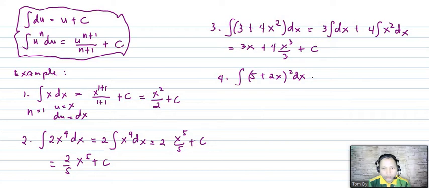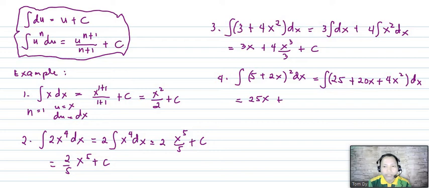That is equivalent to the integral of 5 times 5, that is 25, plus 2 times 5, 10, times 2, 20x, plus 2x times 2x, that is 4x squared, dx. So we expand 5 plus 2x times 5 plus 2x. This is the result. So that when we integrate this one, that is equivalent to the integral of 25, that is 25x,